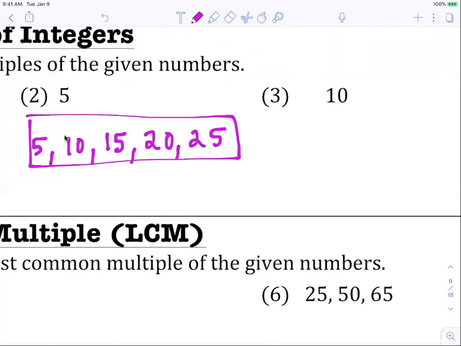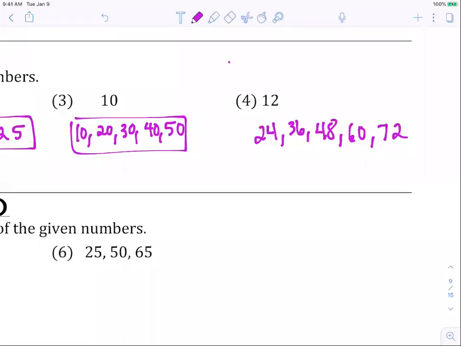But you have your 5 integers of 5. So take a second right now. I want you to pause your video, and I want you to try example 3 on your own. Hopefully when you tried example 3, I know I only said 3, but 3 and 4, you should have